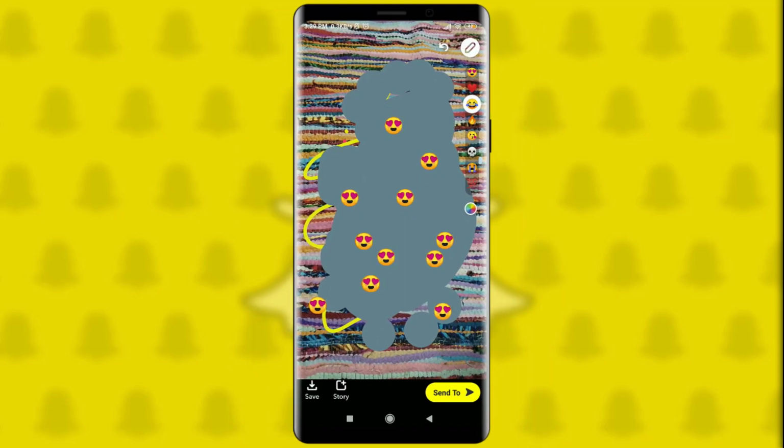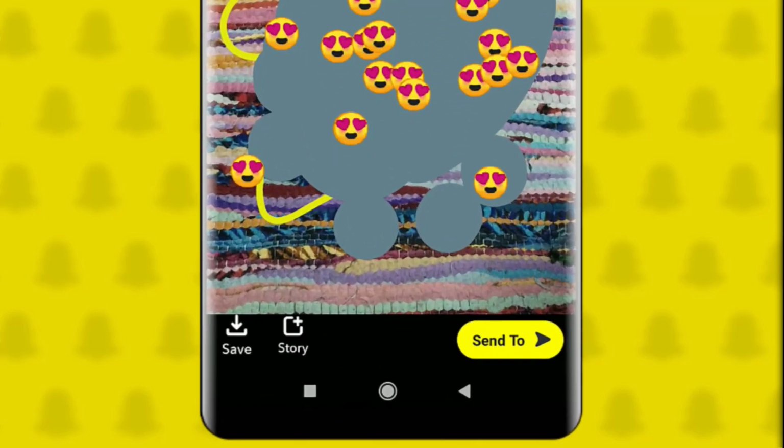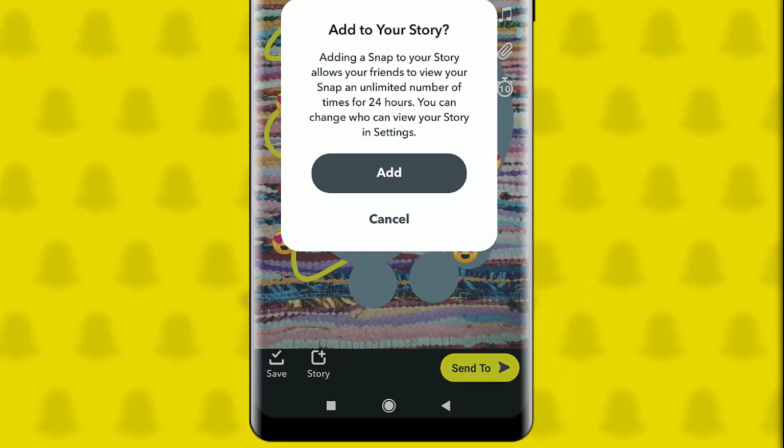This is how you create one of the snaps to send to one of your friends. And if you want to save it, that is on the very left bottom corner of your screen, where you can tap and save it as an option as well. So guys, this snap has been saved on my gallery, I mean on my snap, and if I really want to keep it as a story, there's an option that I can keep it to